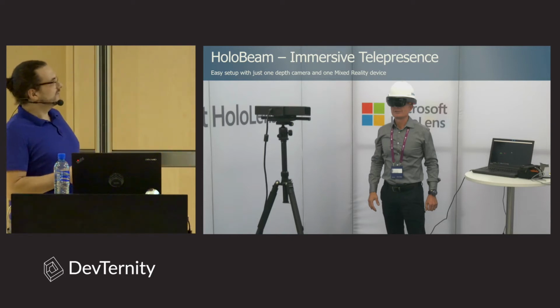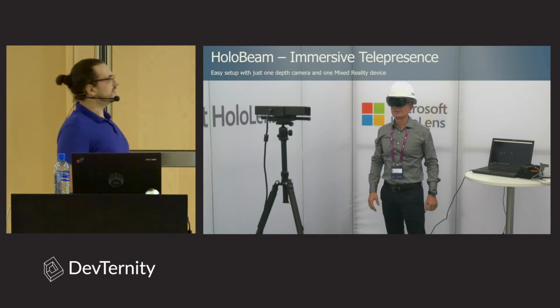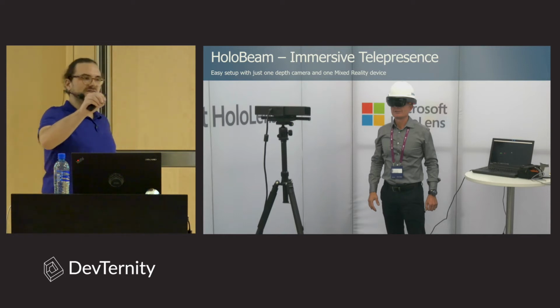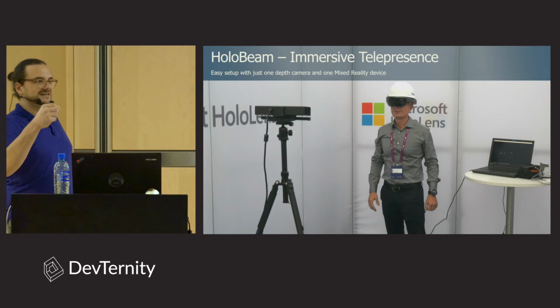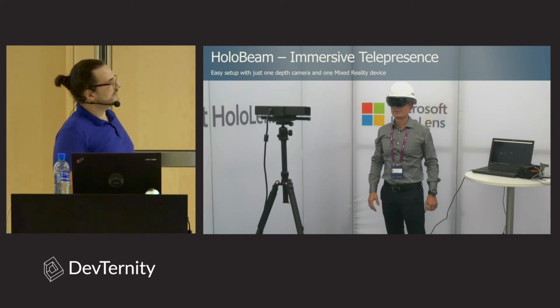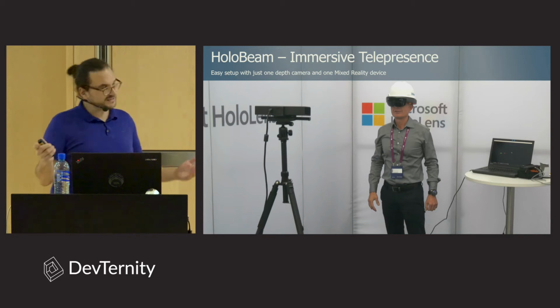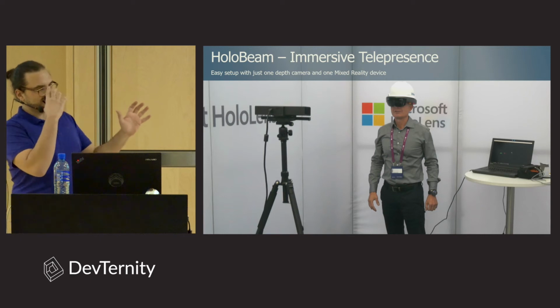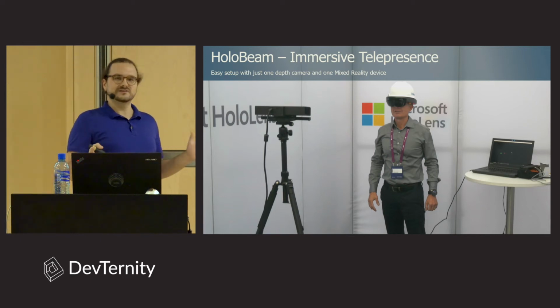All right, so how does Holobeam work? We have this 3D camera. This here is a Kinect V2. You might know it from the Xbox. And that provides us not just the color stream, not just the RGB data, but also the depth data. So basically the distance to each pixel, right? We take those, and then we have a computer connected to it, and our application is running on it, which basically takes that stream and encodes it in real time as a real-time